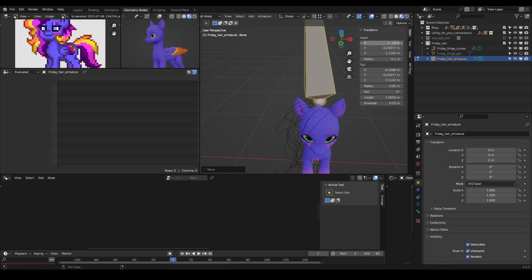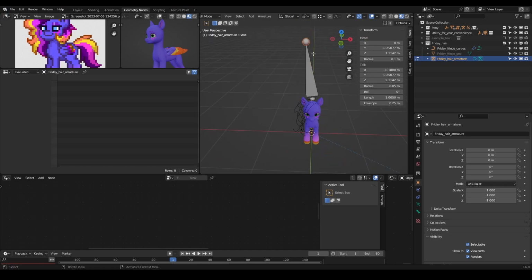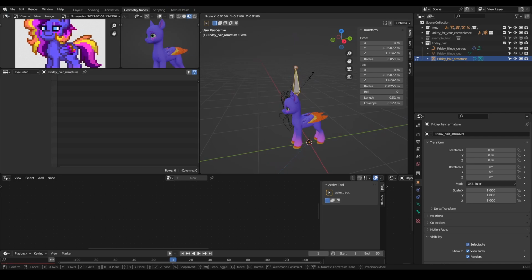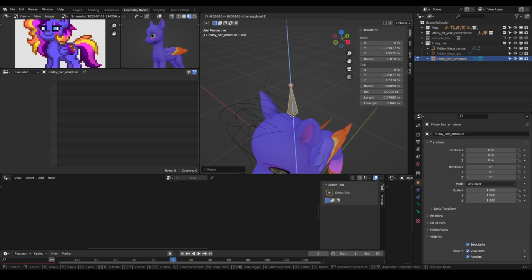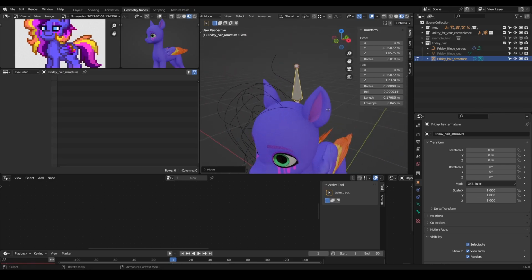So X at 0. Oops, this one too. There you go. No roll, all good. I'll scale it because it's a bit silly how that is. And now, yeah, snap it to the head, all good. This bone, I'm gonna call it